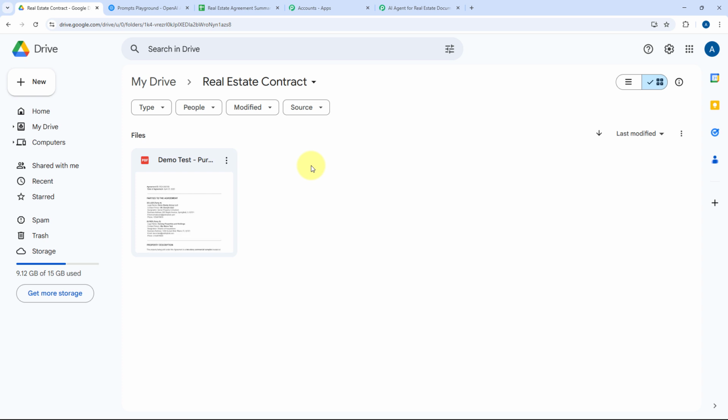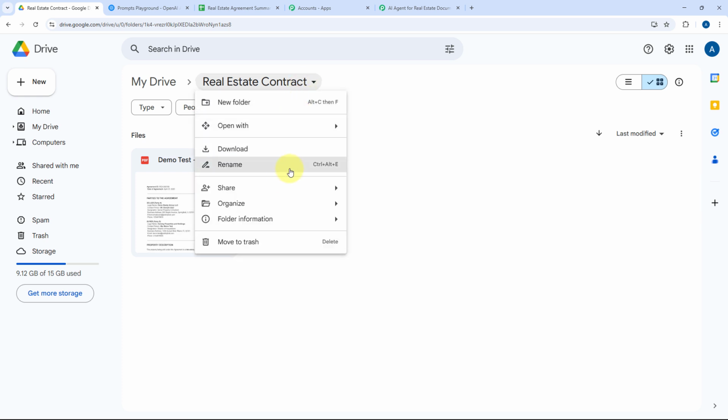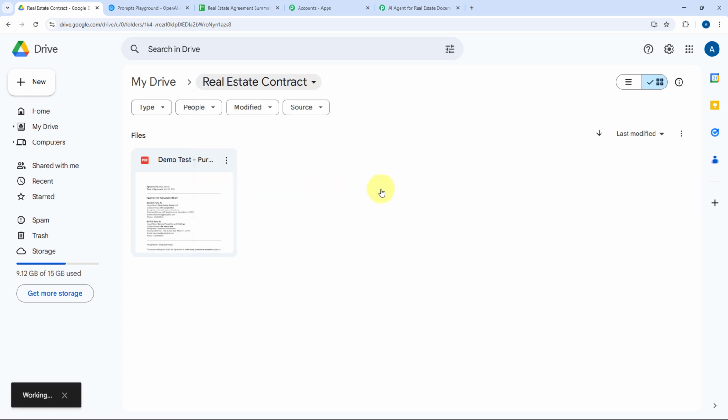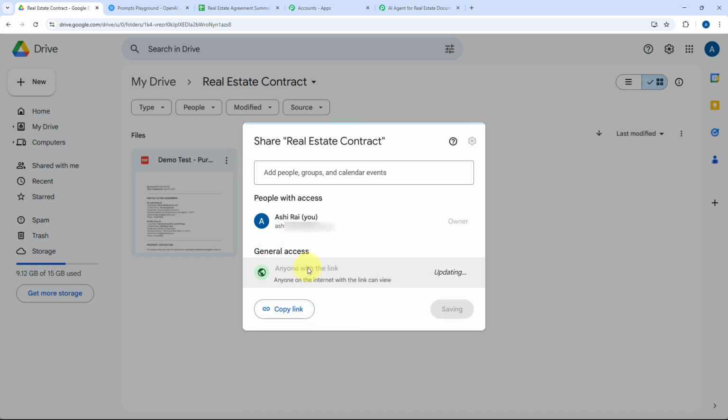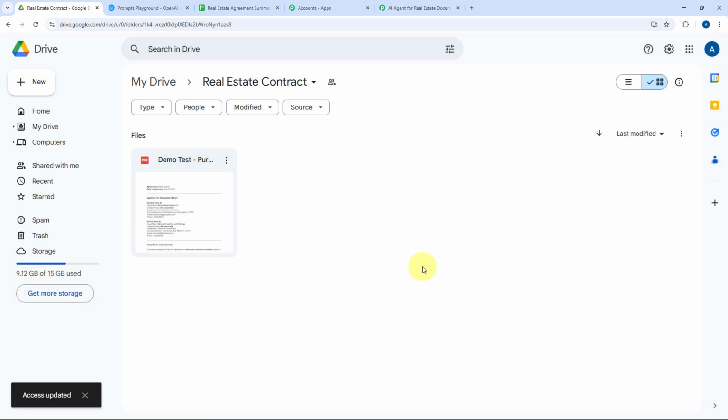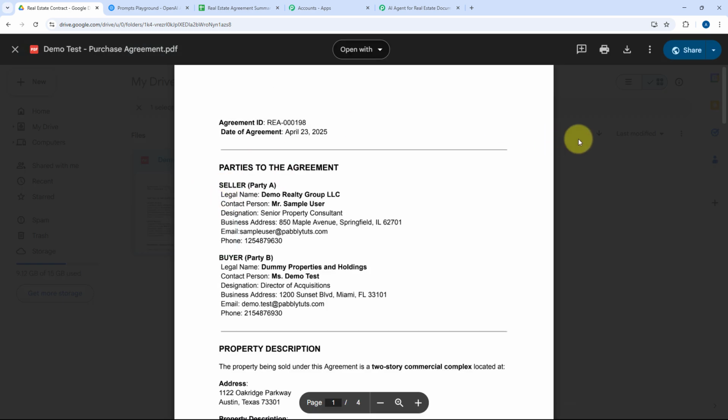So what you can do, you can change the share permission of this complete folder as well. Just click on this folder name and from the drop down, just click on share button. And after clicking on share, here you can see that under general access, the share permission of my Google Drive folder is restricted. From this drop down, I'll just select anyone with the link and click on done. And as we click on done here, you can see that the share permission of this Google Drive folder will be changed. And now the share permission of all the files in this folder is also changed. So earlier, the share permission of this file was private to only me, but now it is anyone with the